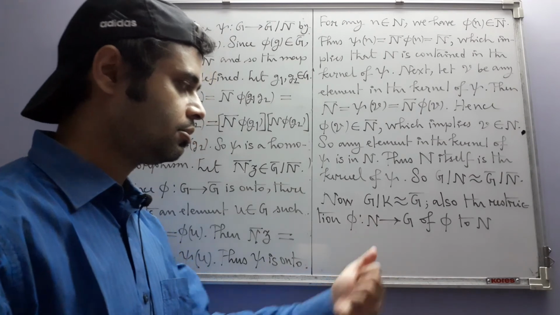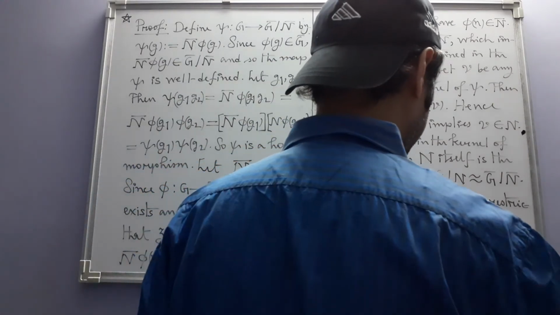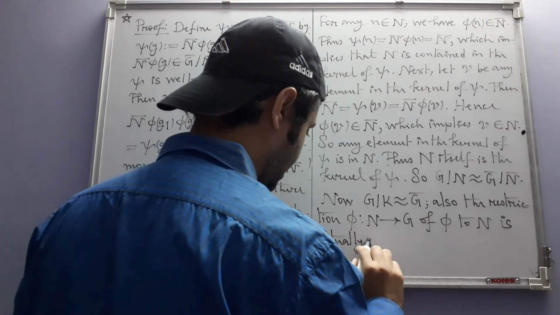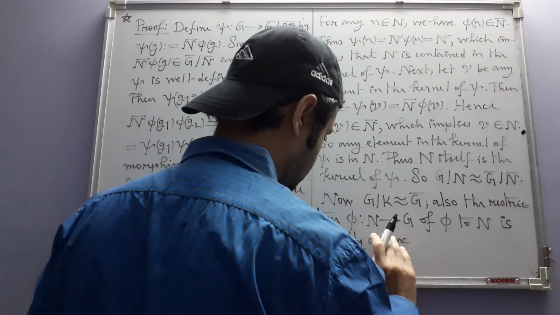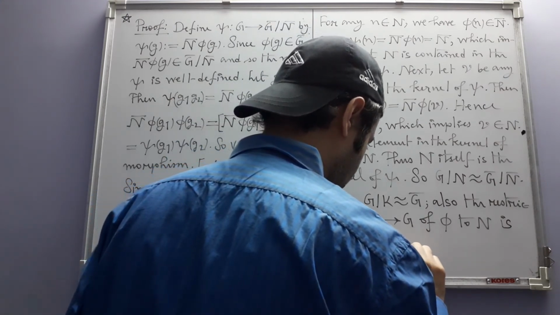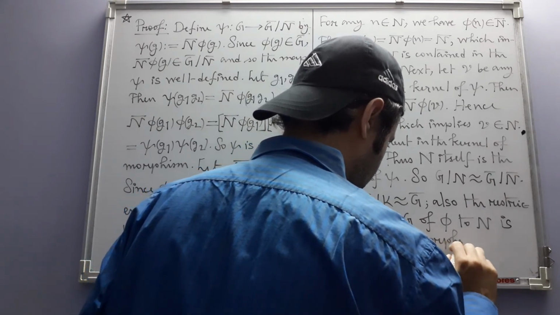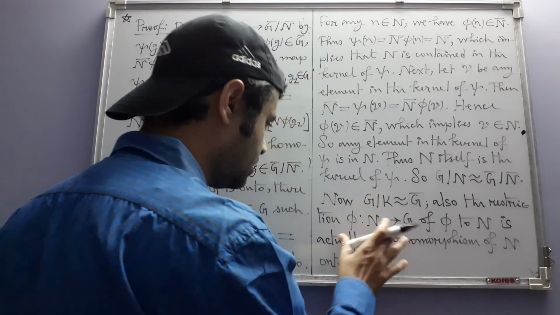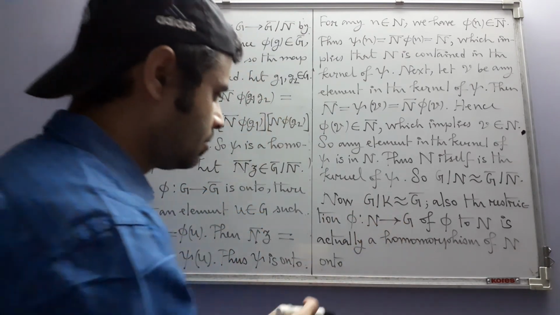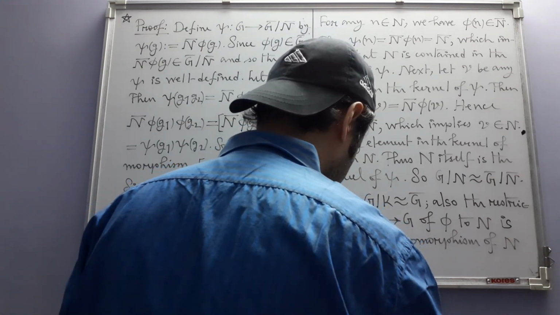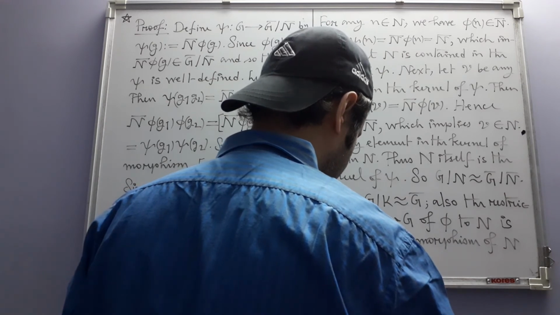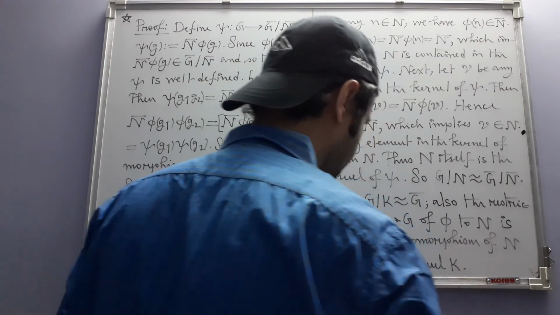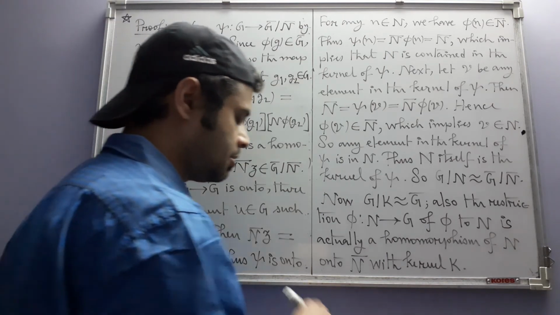We restrict the function to the subgroup N. If we do that, phi restricted to N is actually a homomorphism of N onto N bar with kernel K. Why? You see,